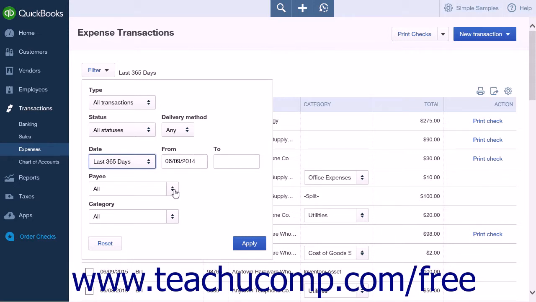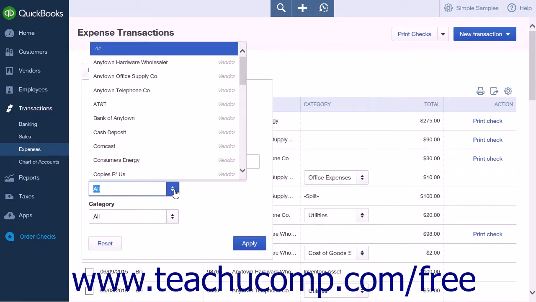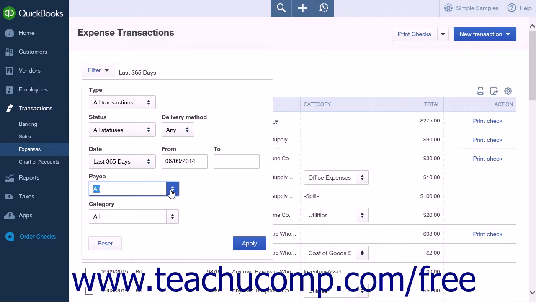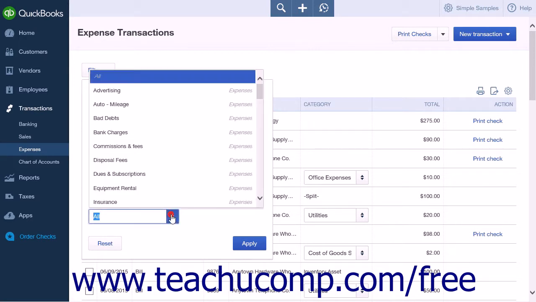Payee is the next selectable filter. This drop-down box contains an option for all and will also list separately all of your employees, customers, and vendors. The default setting for this option is all. The final area under the filter drop-down is category. The options available in this drop-down box are all and a list of all of the accounts available in your